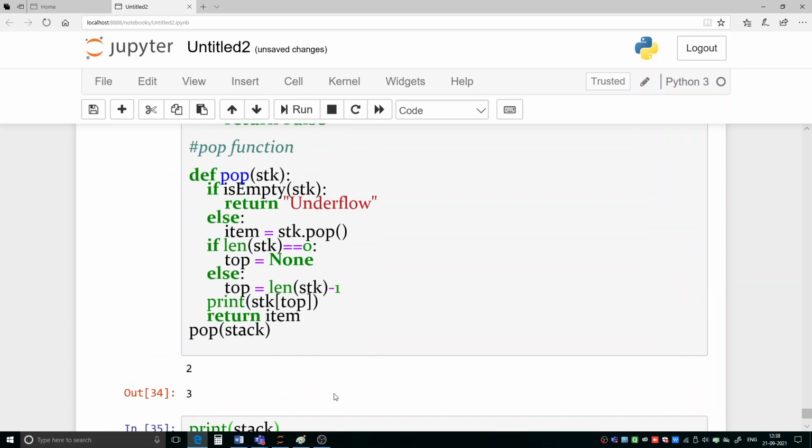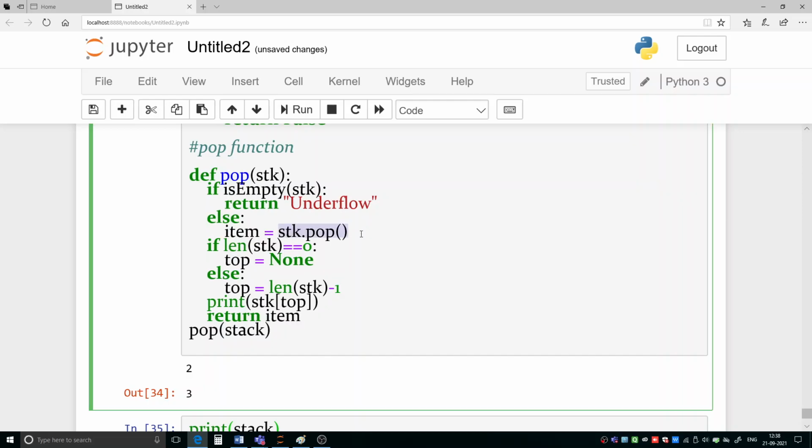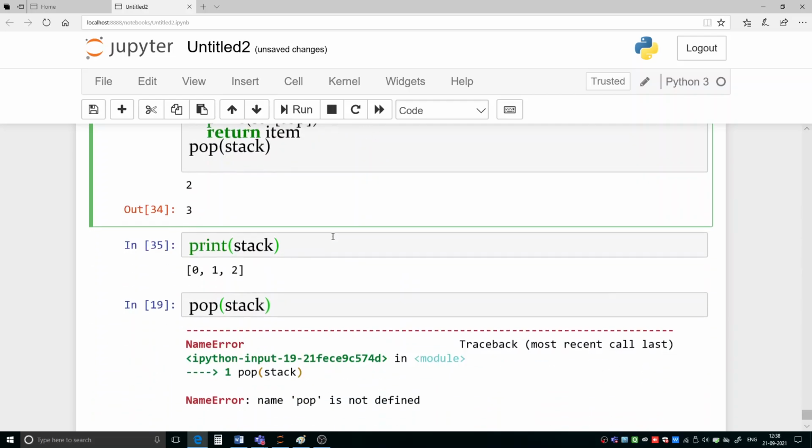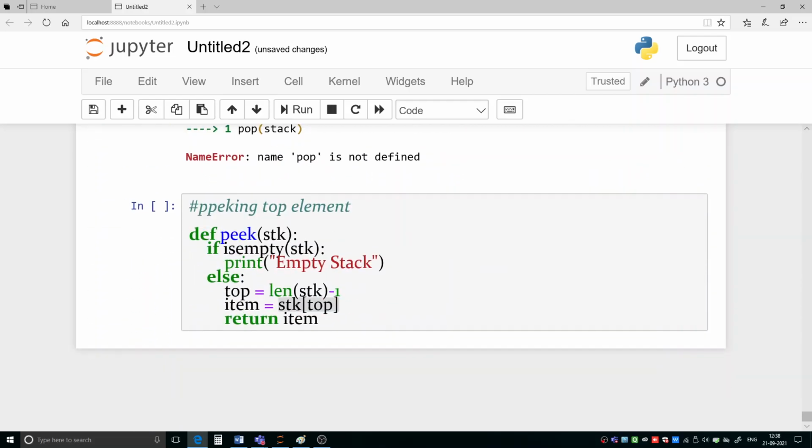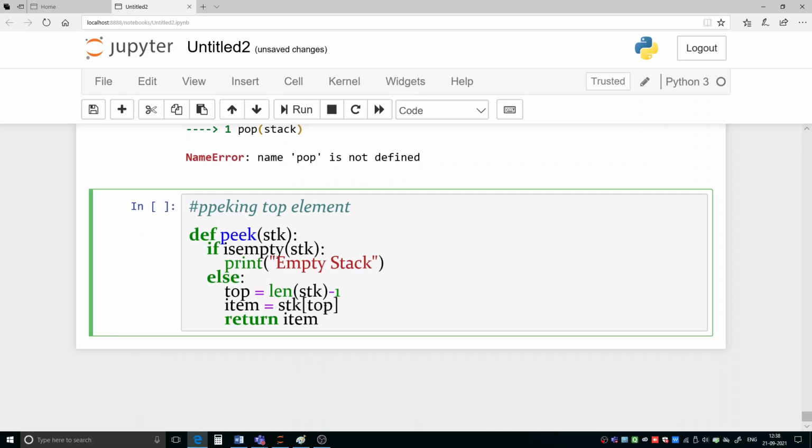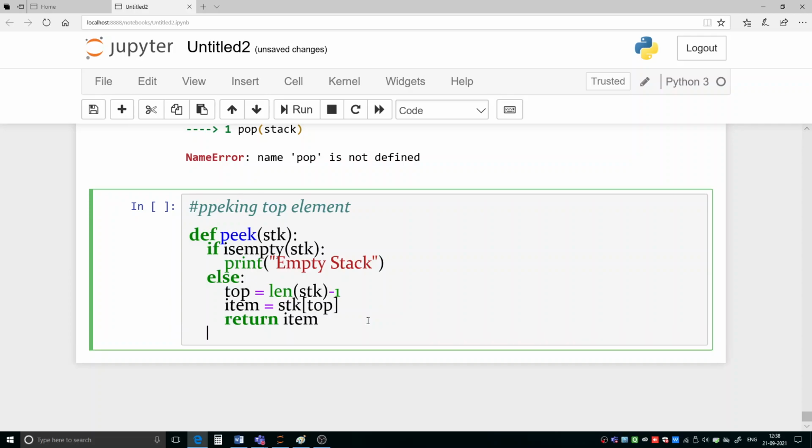Look here, what we have done. Here we have done pop, and pop removes the element. But in order to see what is there at the top, we are not using pop. Simply we are using the index, and we are looking what value is there at that particular index. So our index is the top index, and we have calculated it like this, and then we are checking what element is there on the top. Okay, so that is the difference between pick and pop. Now let us use it.